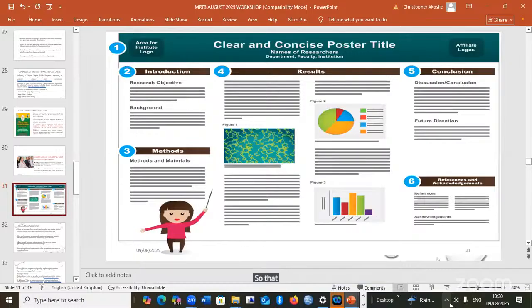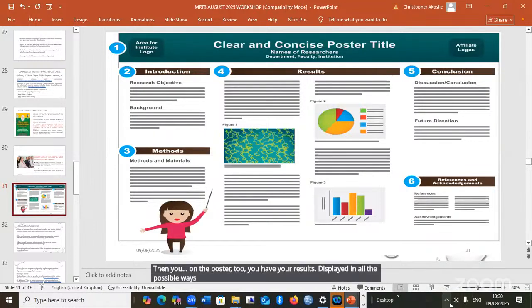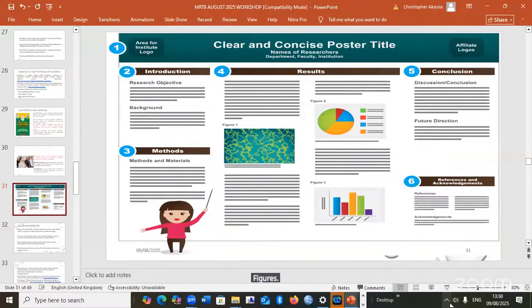Then the key methods are also given in not too many words. Then on the poster, you have your results displayed in all the possible ways: in text, figures, tables, and then a quick conclusion and discussion. And then lastly, a bit of the references.